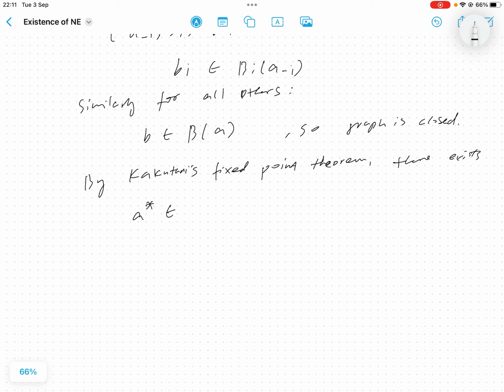So a*, which is an element of the output set of the best response correspondence B, and the input is exactly again this a*, right? So that's the most beautiful part of this proof or this result, right? So it means that everyone's best response is also others' best response, namely their best actions. Right? Okay, so Nash equilibrium exists